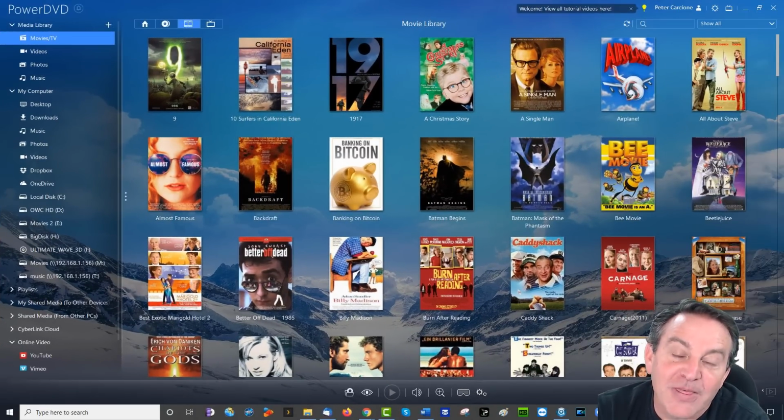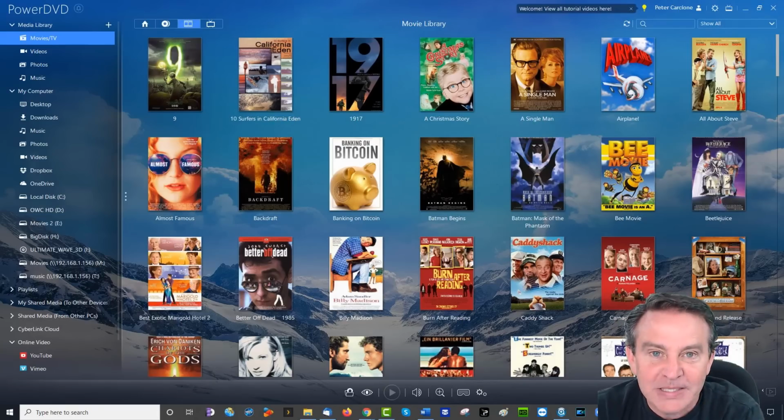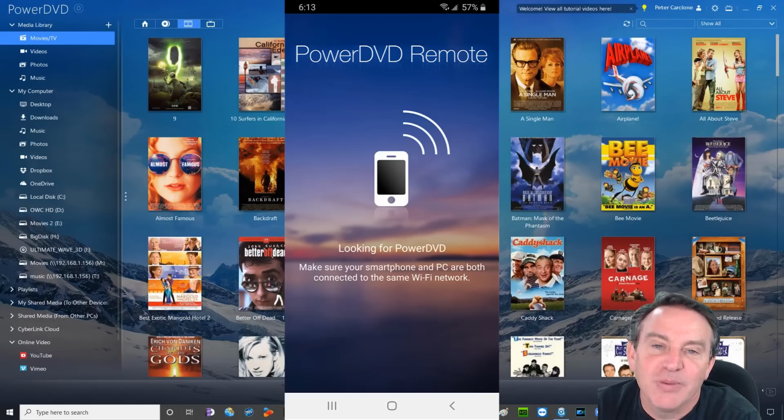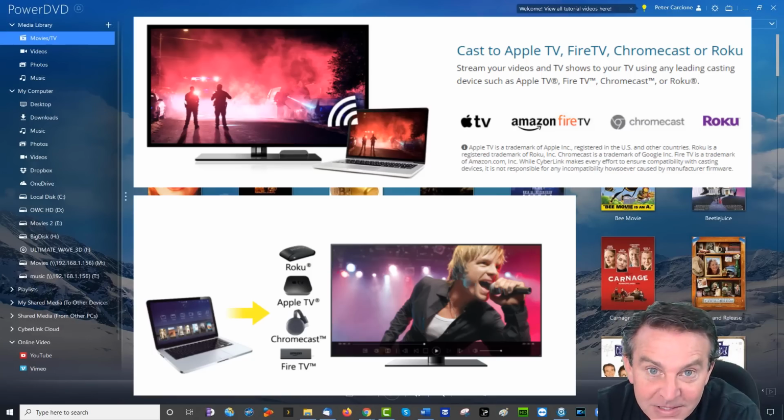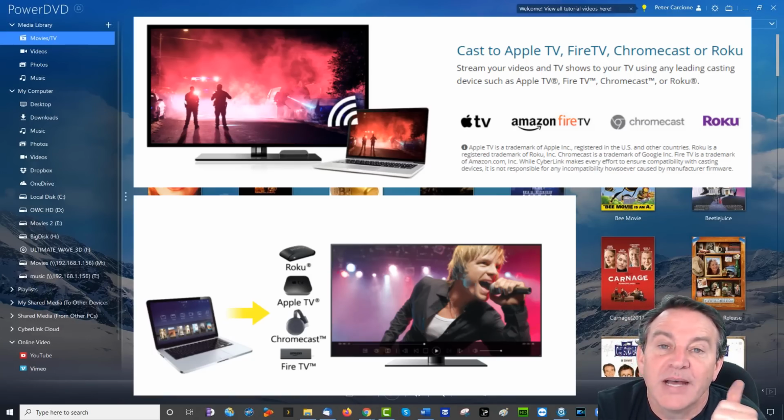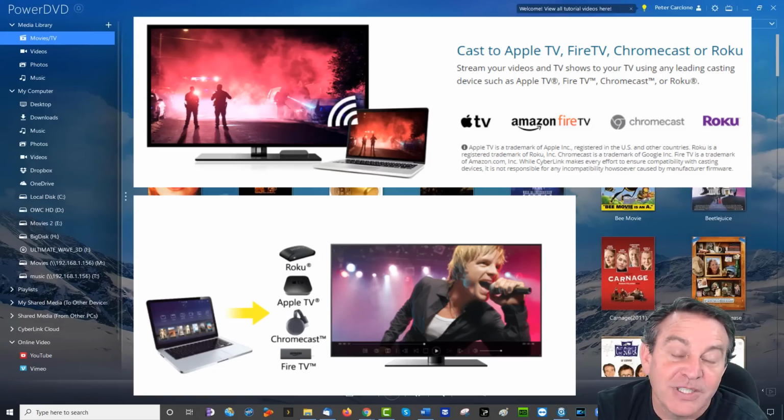This program is very well thought out. I mean, after all, it is in version 20. Listen to the ways you can make it work. You can take your PC and plug in directly to it, and you can switch from your PC interface to the TV with the click of a button. Oh, and there's a phone app that allows it to act as your remote. As long as you're on the same Wi-Fi, you can use this as your remote. That's great. You can also use it from your PC and just cast to all of your devices, like with Chromecast. In fact, it supports Chromecast, which supports my NVIDIA Shield. I can shoot directly to my Samsung TV.